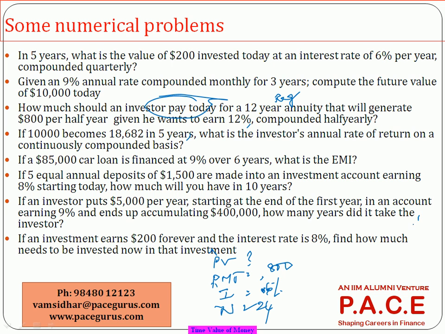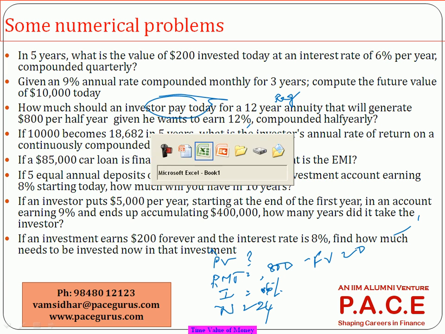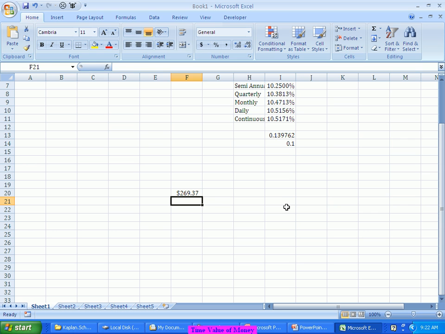And FV, there is nothing, because at the end of 12 years, I am neither getting anything nor paying anything. It comes over a 12-year period, but not at the end of the 12 years. So what does it say now? If I take it into my spreadsheet, it says that PV, the rate is 6%, number of periods is 24, PMT is 800,